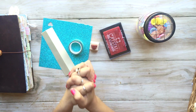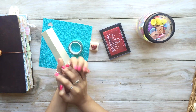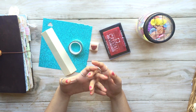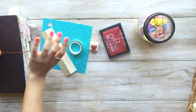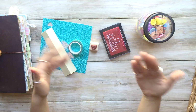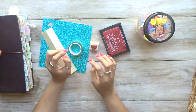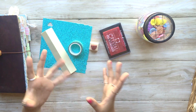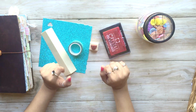Well, I am so happy and so excited to introduce to you all this new challenge that was created by our lovely Miss Allie Brown. She came up with the idea of this challenge, which is called honeysslimpickins, which I think is just the cutest name you could possibly have given this challenge, Allie. So this is a journaling challenge that allows us to go out of our comfort zones and get our creative juices flowing again, because I know personally you just can't get creative enough to decorate a page, or in my case, you're just surrounded by so many crafty things that you just don't know what to start with. So this is a great challenge to do if you're in a little bit of a journaling